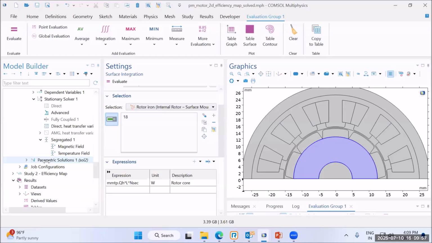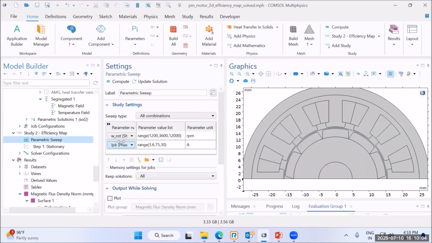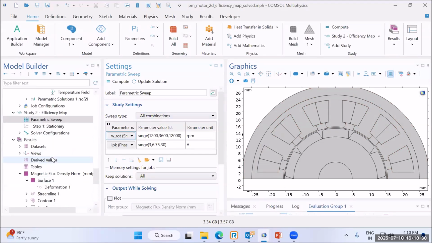The second part is to understand the efficiency map study, or how it varies with respect to temperature. For that, we are again creating another parametric sweep where I am changing two parameters. As you have already seen in the simulation, I am changing the rotational speed of the machine as well as the excitation current. Both will have an impact on temperature as well as losses. We can have many steps, but here for a demo, we are only using 3 of them in both cases. So once this parametric sweep is calculated,